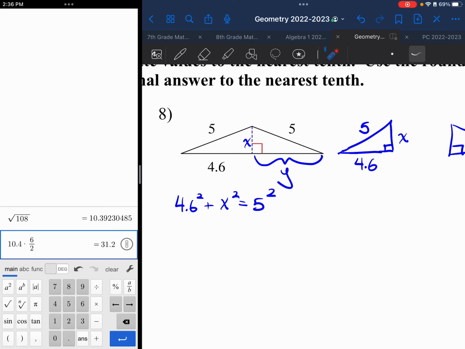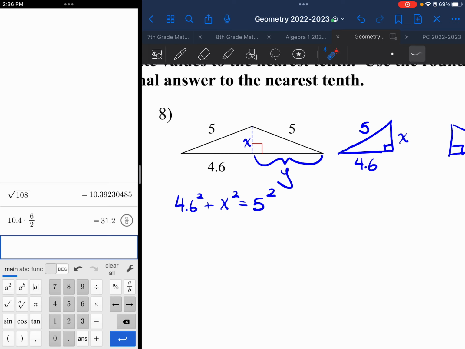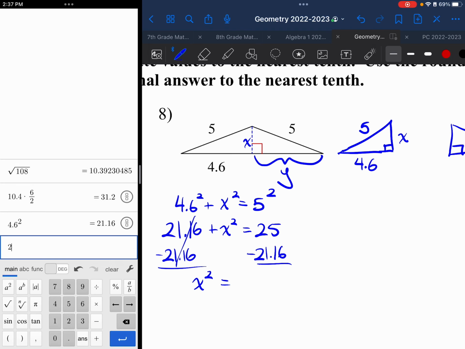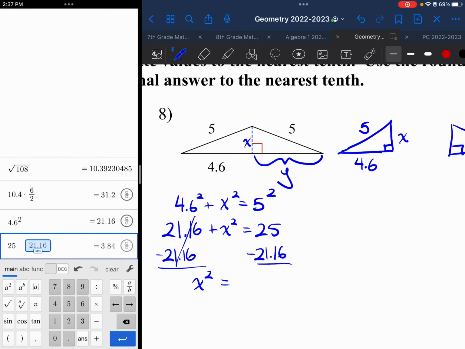All right, I don't know what 4.6 squared is off the top of my head, so calculator: 4.6 squared, so I'm going to have 21.16 plus x squared is equal to 25. From here, I'm going to subtract 21.16 on both sides. You're gone. X squared is by itself, and this is going to be equal to, what is that going to be? I'm going to be lazy. I'm going to just say 25 minus answer, and I get